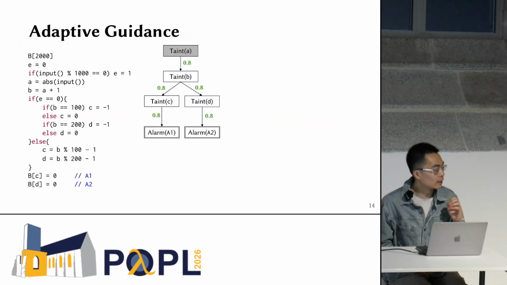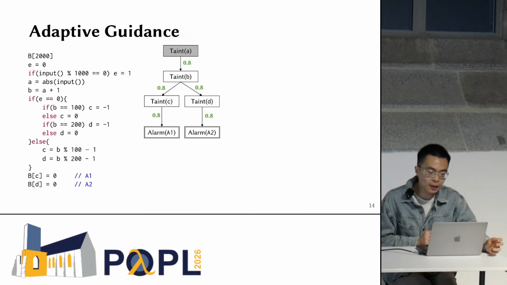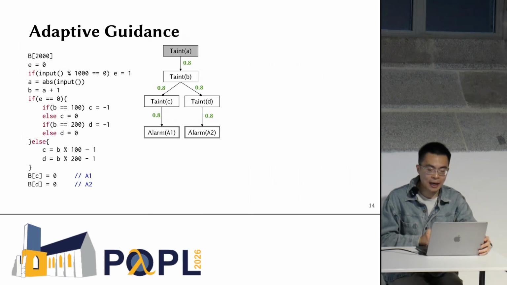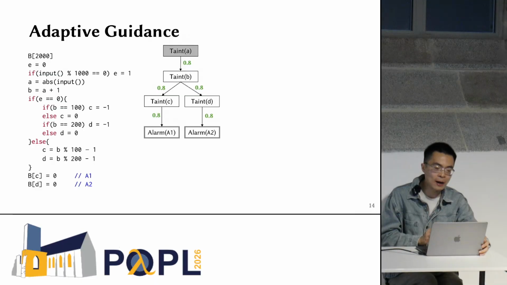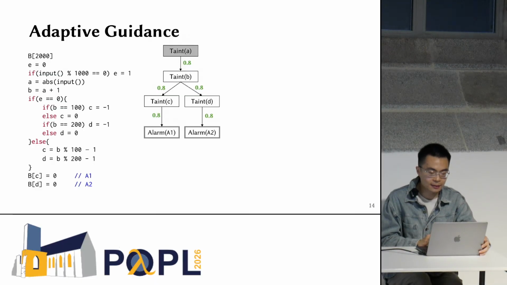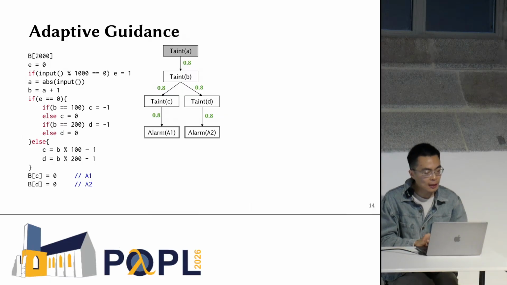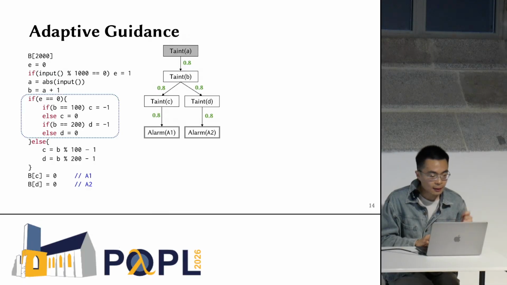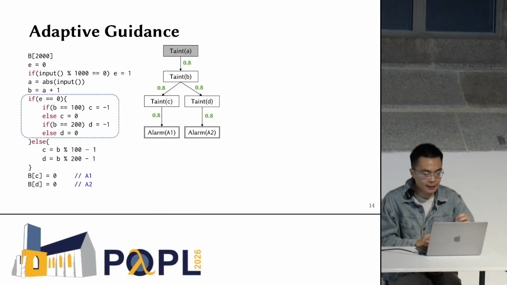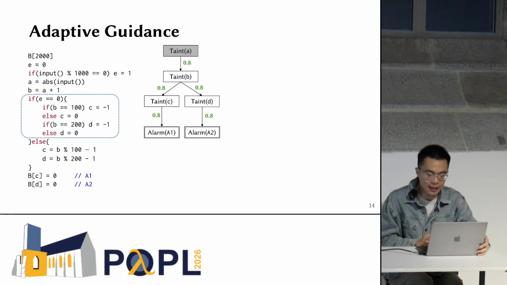Next, we look at a third example. Building on the previous two, this one introduces a new variable E. The value of E is set to 1 only when the external input is a multiple of 1,000. Otherwise, it is 0. If E is 0, then C and D become 0 only when B hits an exact